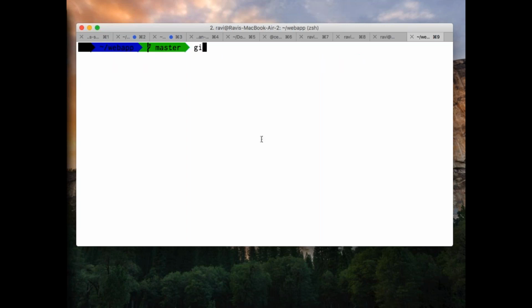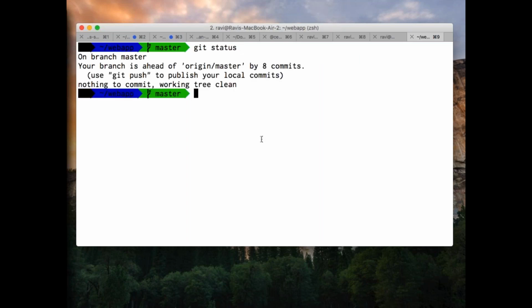Now, if I say git status, you see it says some particular things, like your master is 8 commits ahead, but forget about this. I don't want to work with remote repositories at all. Now I just want to see how I'm going with undoing changes. So we did checkout in different ways. One was checking out a file, and one was checking out branches. There is another thing called checking out commits. That is also very important when it comes to Git.